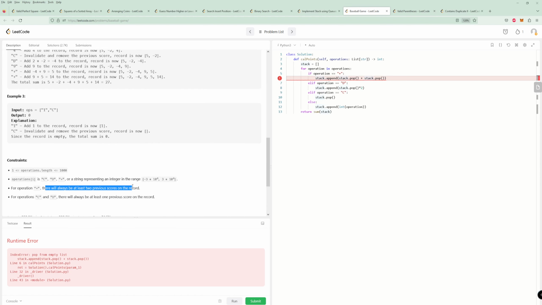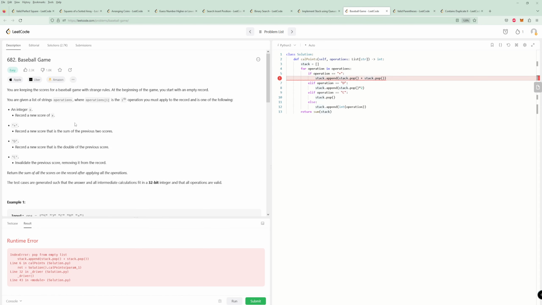However, there will be at least 2 previous scores. Okay, so what do we do? Stack.append, stack.pop plus stack.pop, cannot pop from an empty list. So 5, 2, did we forget an append? So invalidate the previous score. So we have 5, 2, then we invalidate,